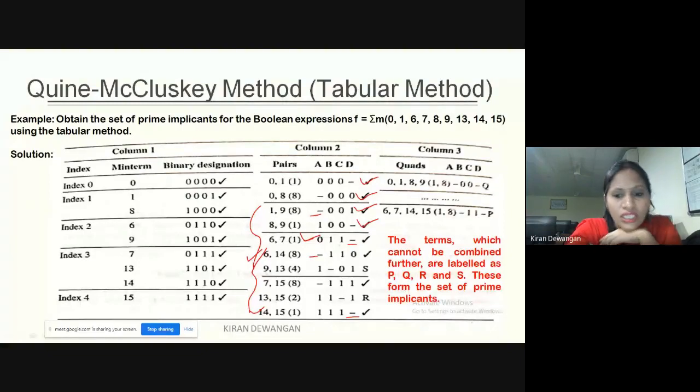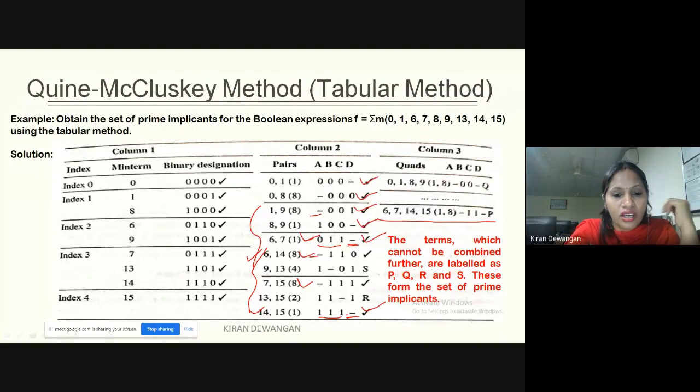Yes, anyone? Will it be converted to a quad? Yes or no? Yes, because it is having the same dash position and in the rest of the 3 bits we are just having 1 bit difference. So 0, 1, 1, 1, 1, 1. So this is converted to a quad. Again dash 1, 1, 0. ठीक है? So this is how it is done. ये भी आपका पेयर quad में convert हो गया. So we'll mark a tick over here.